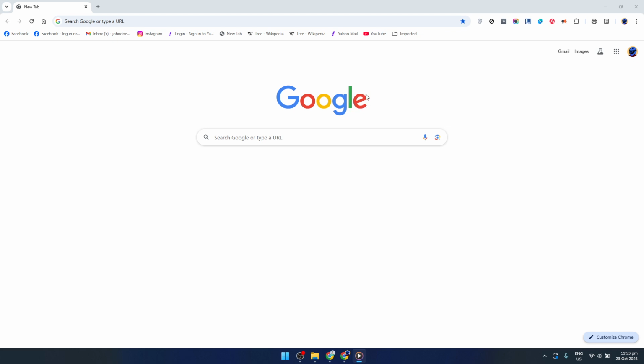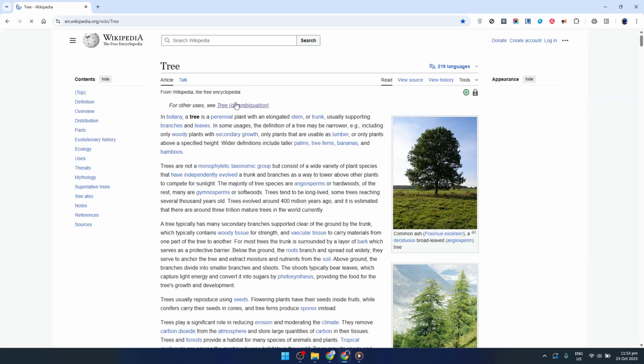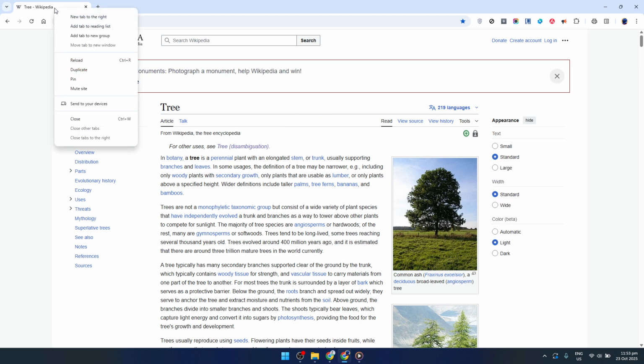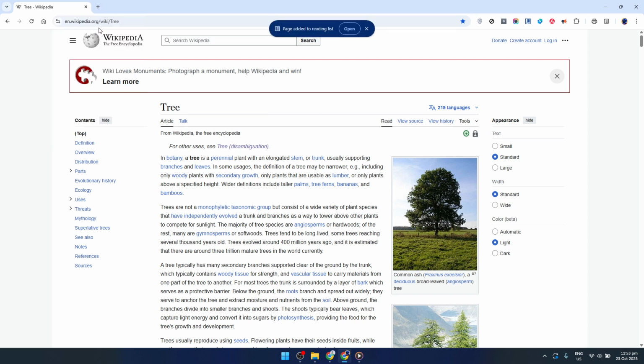First, let's look at how to add a web page to your reading list. While browsing, you may come across an article or a piece of content you want to save for later. Simply right-click on the tab at the top of your browser where the web page is open. This action will bring up a menu with several options. From this menu, select Add Tab to Reading List. With just this simple click, you've successfully added that page to your reading list, ensuring you won't forget to revisit